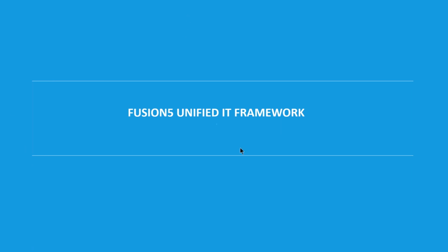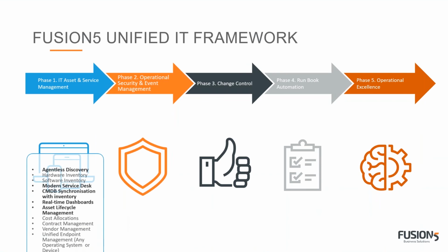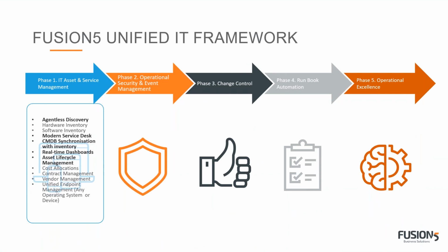Okay. No problems. So how do we do all this? So Fusion5 has come up with a unified IT framework, which I'm not going to spend too much time going into, but from a unified IT end to end, that's what you see on your screen. Today, we're really just talking about asset management and how to get started in that space. And it's no coincidence, just to support what we've been saying during this webinar, asset management is really important to pretty much everything you do,